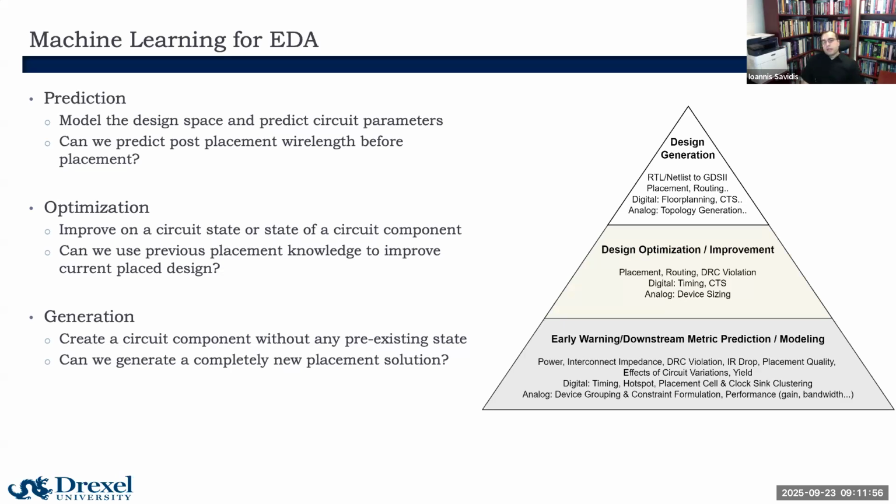Generative models at this level propose innovative and efficient designs that traditional methods might not achieve. We're all trying to get to this holy grail of EDA where we're able to generate novel topologies and designs. And from this pyramid, we see how various tasks align with each other